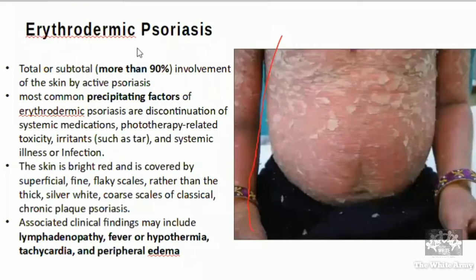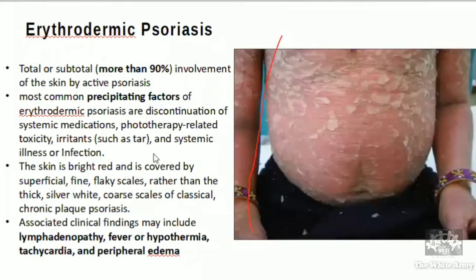So as I was saying, erythrodermic psoriasis becomes a systemic disease more than a dermatological disease because more than 90% of body surface area is involved, and it's usually because of some precipitating factor. Patients de novo don't come with erythrodermic psoriasis. Usually chronic plaque psoriasis patients go into erythrodermic psoriasis because of ignorance. Okay, usually precipitating factors are there. Most commonly, patients who are on regular treatment discontinue or withdraw the drugs abruptly. They go into a sudden erythrodermic psoriasis called rebound phenomenon. Okay, when they stop the medication.